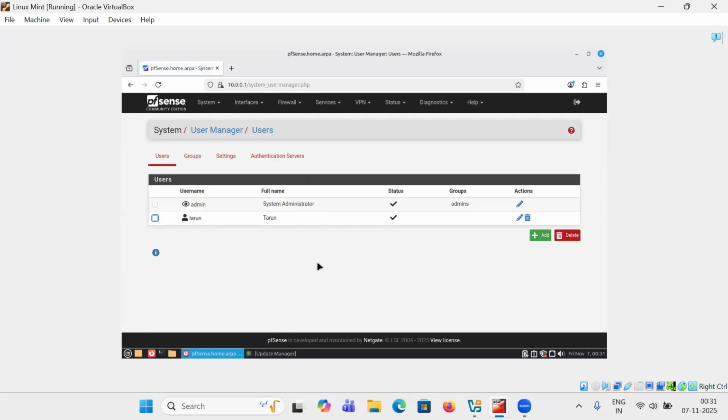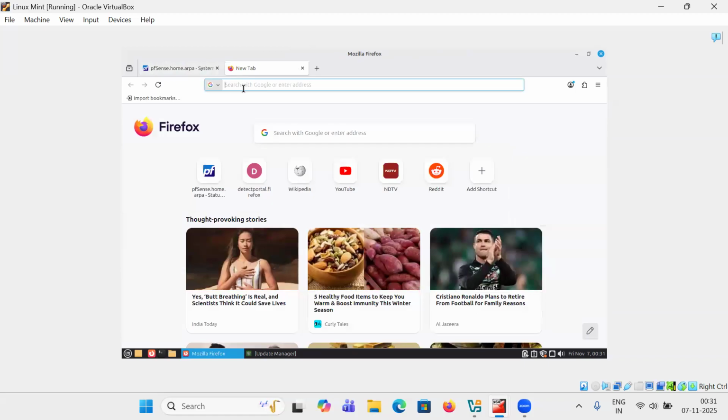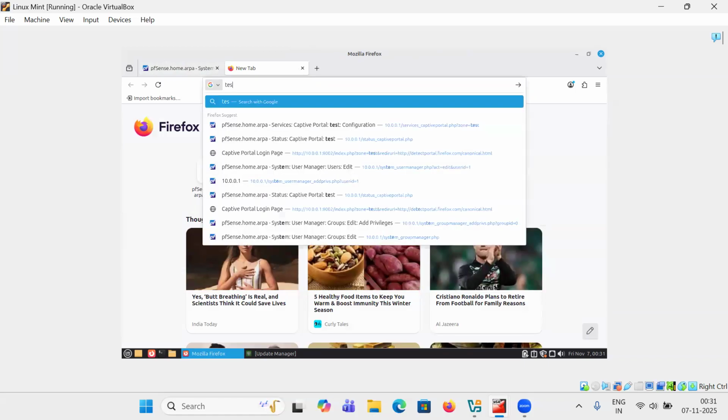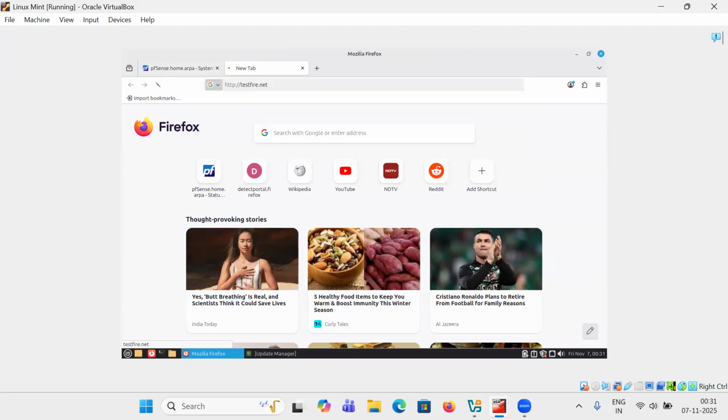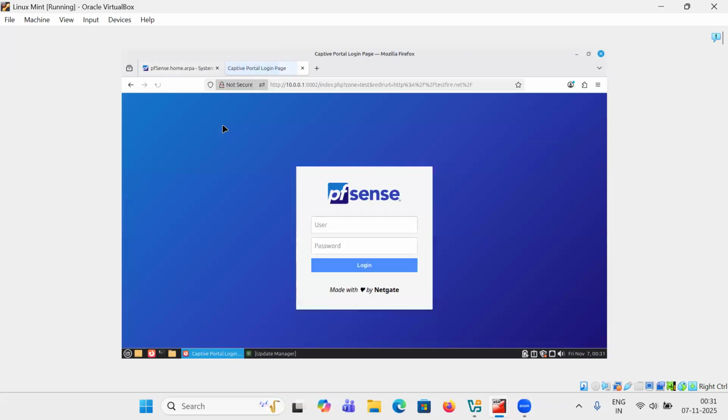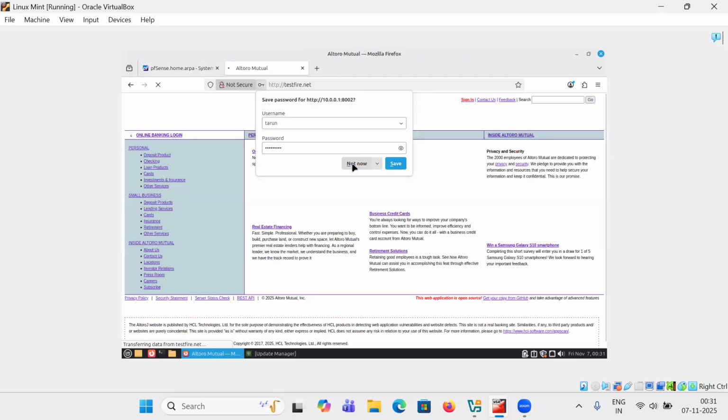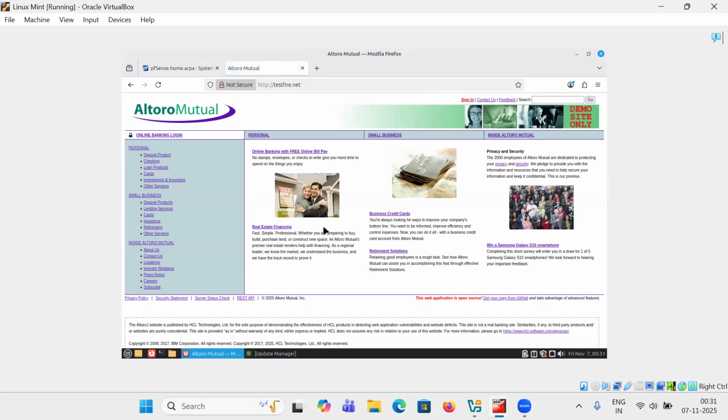So now we will access the captive portal, or if you want to access any website, like I will access testfire.net, it will prompt you to your captive portal, because I have said in the beginning that if you want to use any resources on the internet side, you have to first authenticate yourself to the firewall. So after you authenticate,